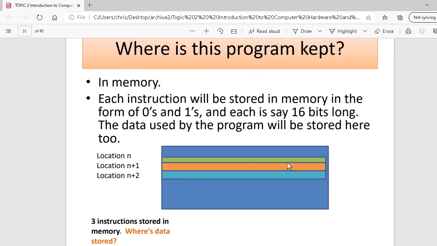So for example, I can store 3 instructions, first at location n, second at location n plus 1, and the third at location n plus 3. This instruction might be store address 56. In other words, what does that mean? It means move the number stored at main memory location 56, which might be here, this might be location 56, into the